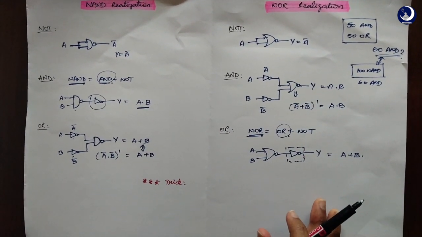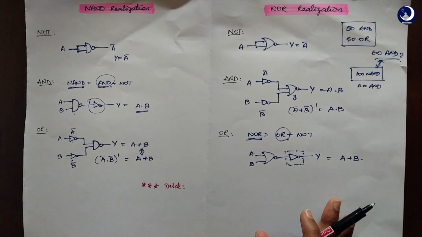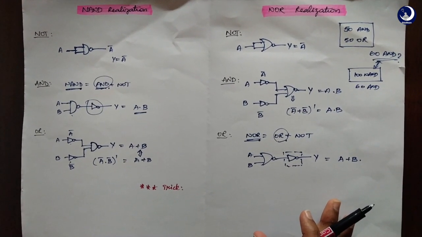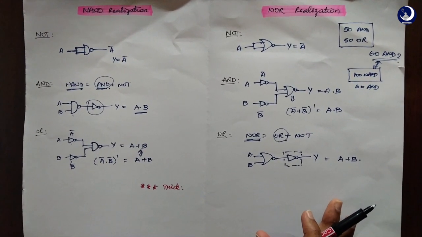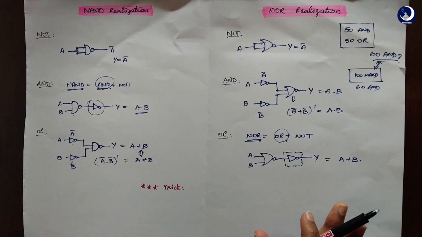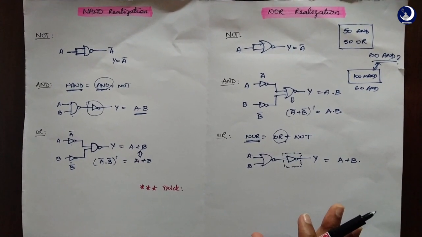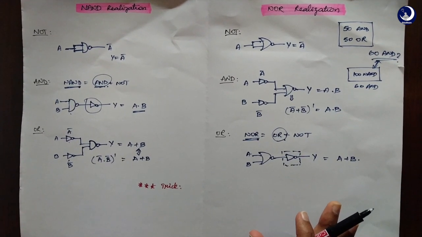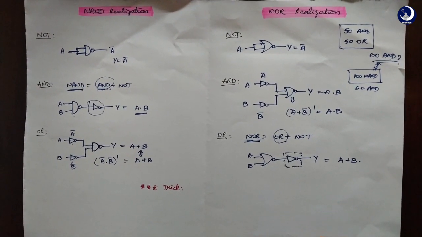Now in the exams, your questions will be in this way: they are given a Boolean expression or a Boolean function which consists of literals or variables. In that, you need to draw a logical circuit which consists of only NAND and NOR gates. Only those two gates are supposed to be present on the paper. You are not supposed to draw any AND gate, OR gate or NOT gate. You are considering only NAND and NOR. So how do you do that?